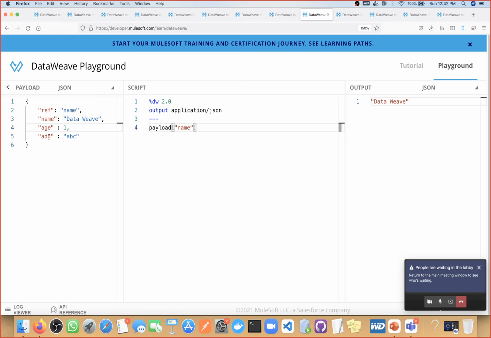I will take Dataweave, I will take 1, or I will take ABC. This should be decided at runtime based on this ref value. If the ref value contains name, then I will take name. If the ref value contains age, then I will take age. So how will you make this particular logic? Here you need to define